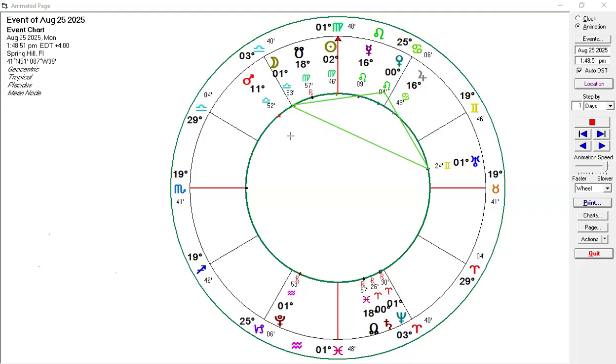Huh, interesting. And then we also have another trine. Yesterday, when the moon hit 1 degree and changed signs, it also made a trine over to Pluto. So there are some emotions, wanting to get to the bottom of something, wanting to confront something. And then we have this trine, which is going to be there for a while.